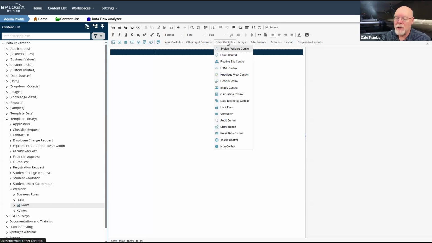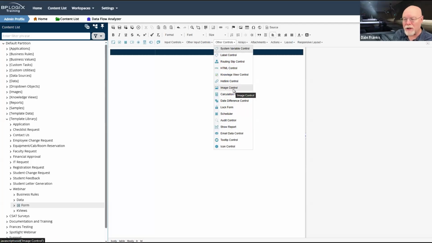Now, there is an image control in Process Director itself, which is the Process Director image control. And it's actually an image control placeholder. We use it on all of the other templates that we provide in the template library folder. I don't think it matters much which of these two you use. There are some advantages to the standard image control. Well, actually, both of these controls have advantages, but there are different advantages.